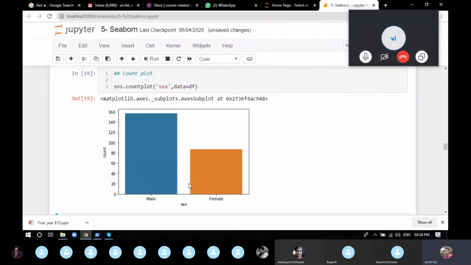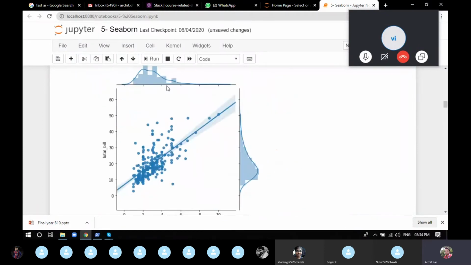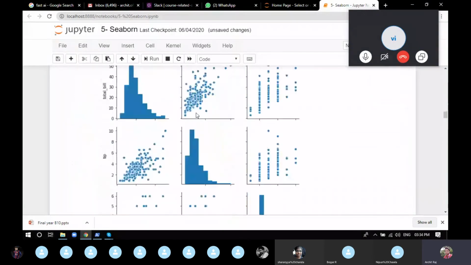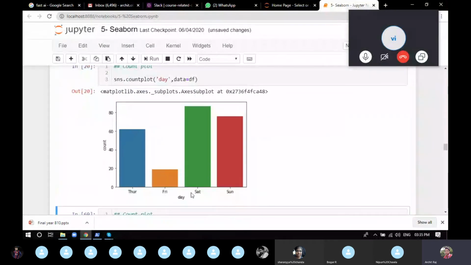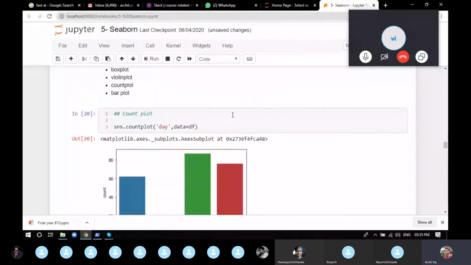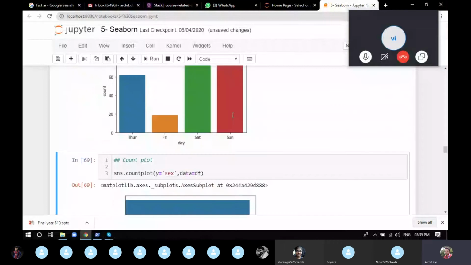Now we want to see day. So we can provide day here also. So Thursday 60 people came, Friday 20 people came, Saturday and Sunday 80 and 70 people came. That's obvious, on weekends you get more people in the restaurant. So this is the kind of data insight that you can get from count plot.